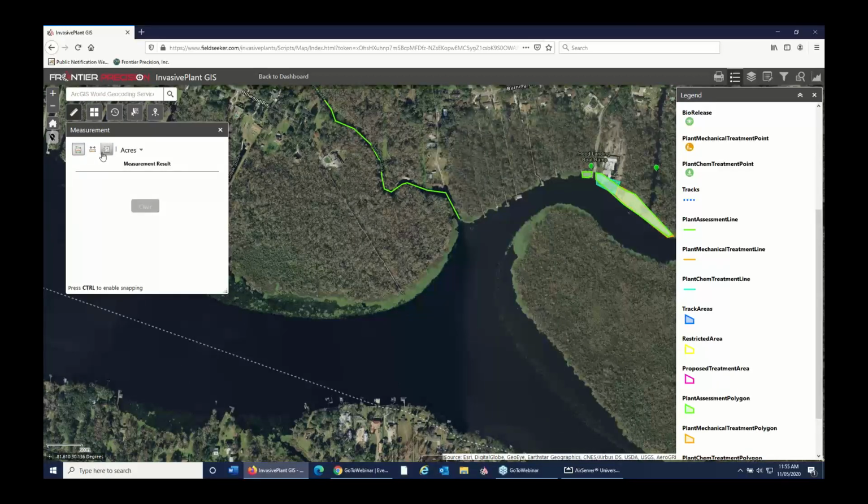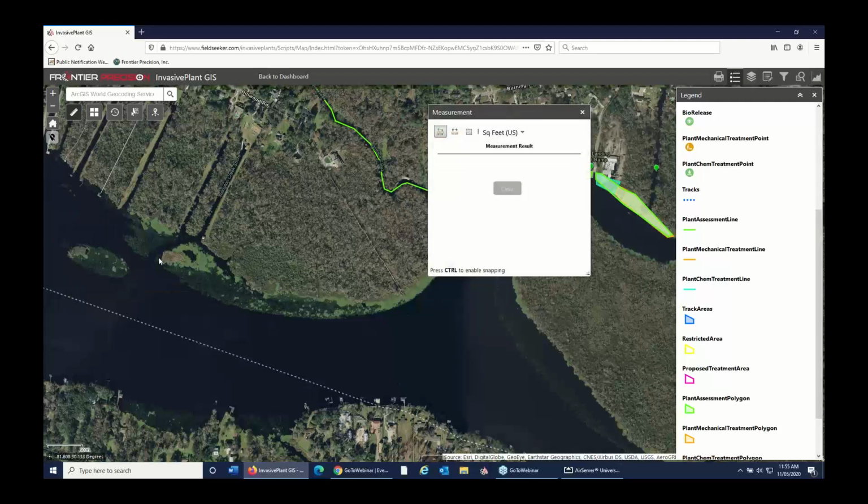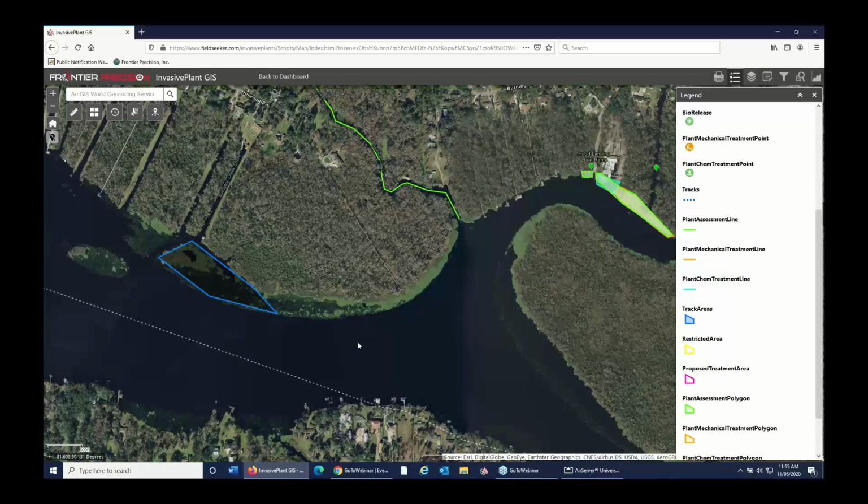There's measurements for lines or polygons, and then we can get our square feet or acres. So for planning purposes, for chemical usage purposes, just tools like that can really help with the basic planning of